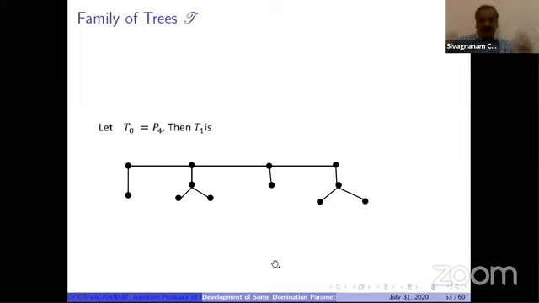So now we are getting new trees. It is also one family; not everyone gets the same tree. If we add a pendant vertex at all the vertices, that is one type of tree. If we add P3 at all the vertices, we get another type of tree. So a lot of trees we are getting, and it is one family.